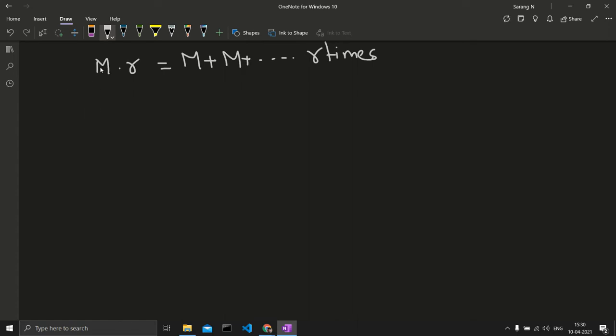So let us discuss in binary. Let's say m has some digits m2, m1, m0. It's a three-bit number, and r is a two-bit number, r1 and r0. You will multiply this, so you'll get m2 r0, m1 r0, m0 r0 here. And similarly you can multiply this, leaving this position, the long multiplication method,